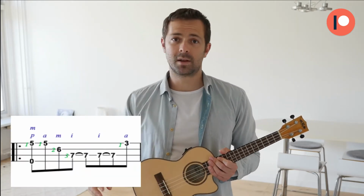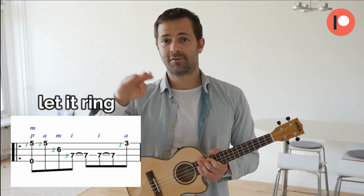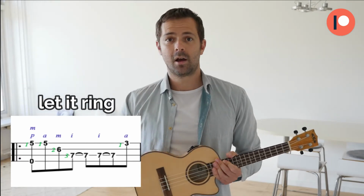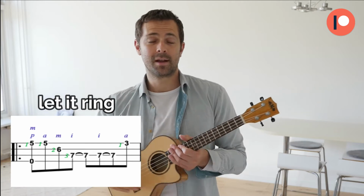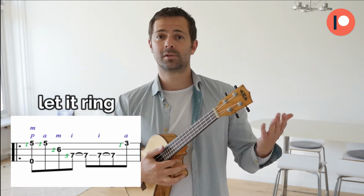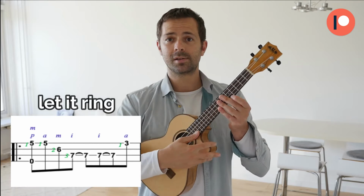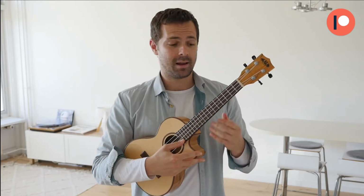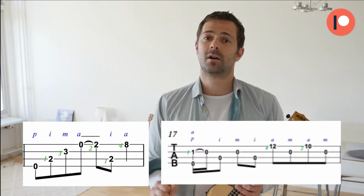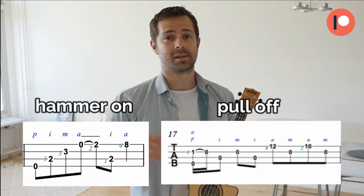The first scenario is when this arced line is connected between the same numbers, so let's say 5 to 5 connected with a line, or 6 to 6, or 7 to 7, meaning fret 7 to fret 7. That means just hold the note, so don't play it two times. Here's an example of 5 to 5 on the first string connected with an arced line. Just keep the note, meaning hold the finger pressed. That's pretty much it. But what I do want to focus on is the two other scenarios, which are hammer-ons